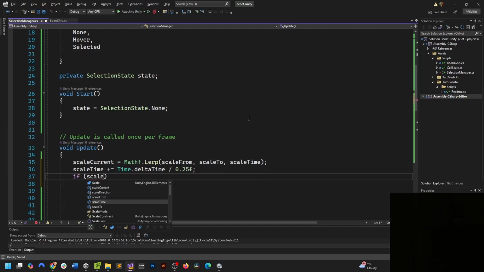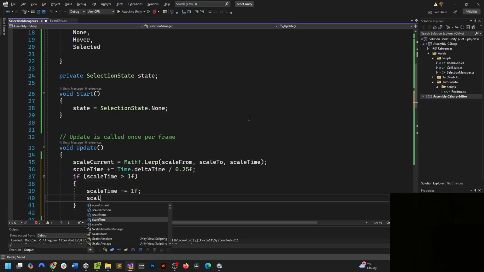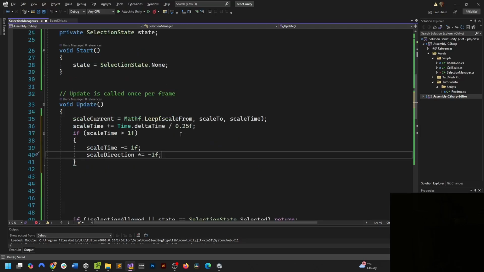If scale time greater than 1f, then scale direction equals star. So we're going to put it back the way, and then our scale from